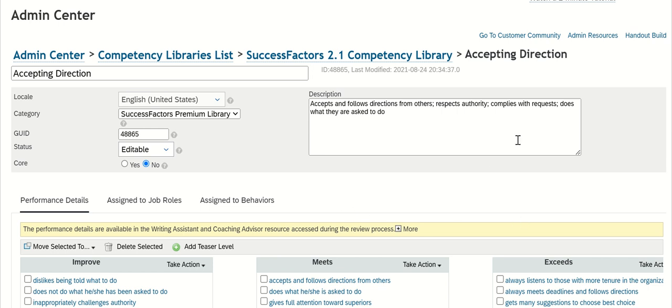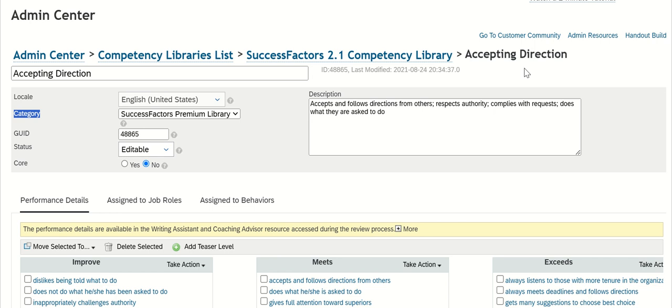So we have an action called Manage Competencies. We select a competency library, and then we can select a competency within that library. Now here we look at accepting direction, one of those competencies, and it is assigned to a category. So in JDM, we can define categories to classify our competencies. In JPB, Job Profile Builder, we have Center of Capabilities, and when we define those competencies, we